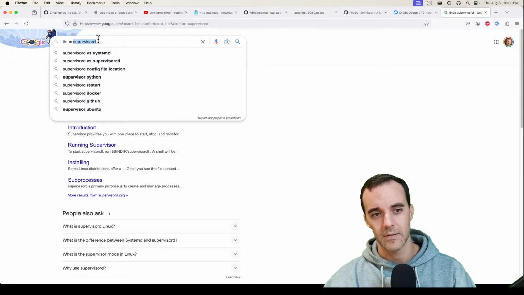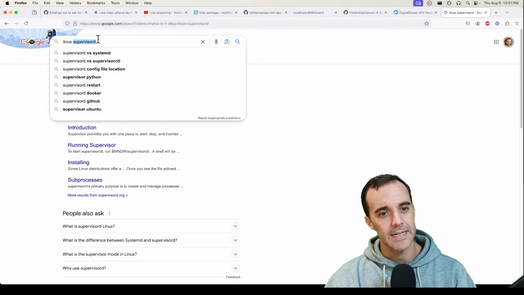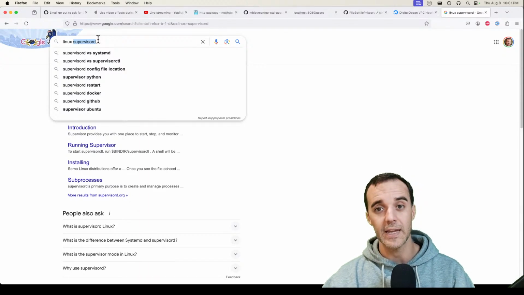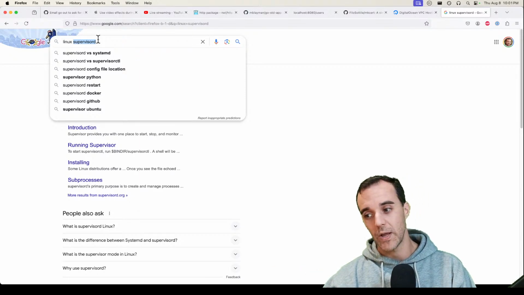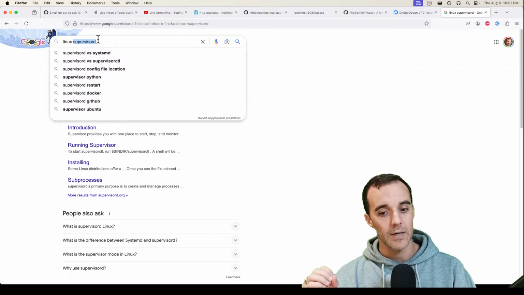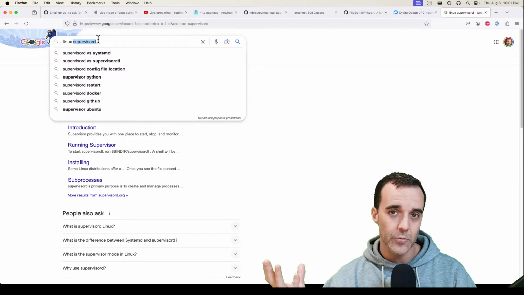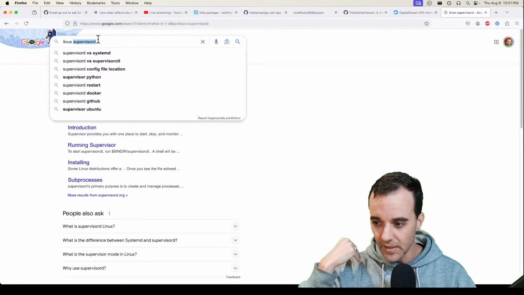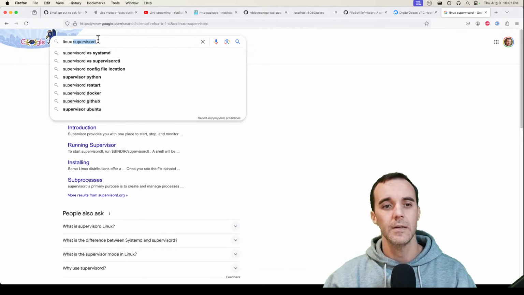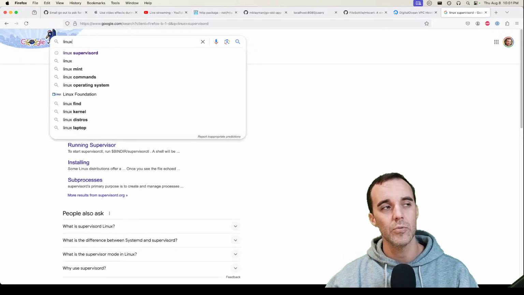Linux systemd. That was the one I was looking for. So you could create a systemd startup script so that when your VPS, your virtual private server, boots up, it has a startup script that has your little Go binary and starts that from the beginning. And if you get